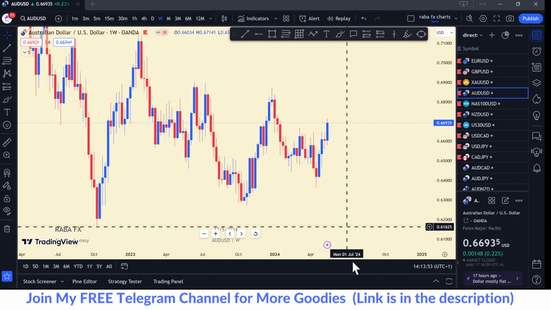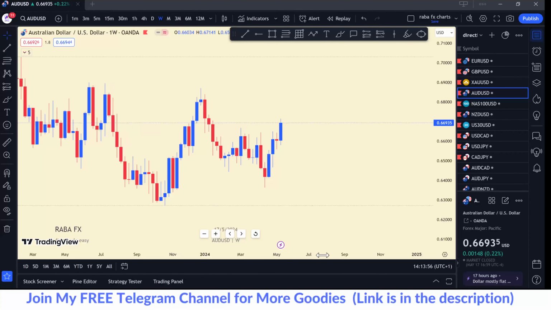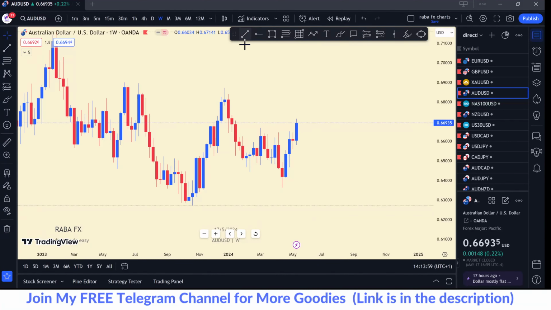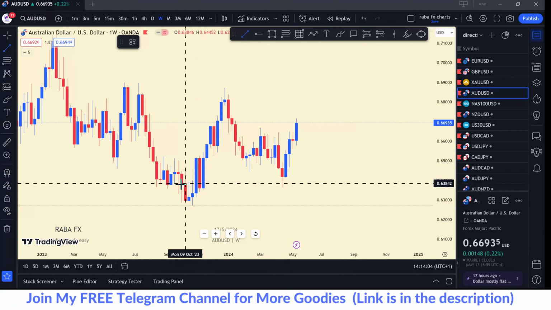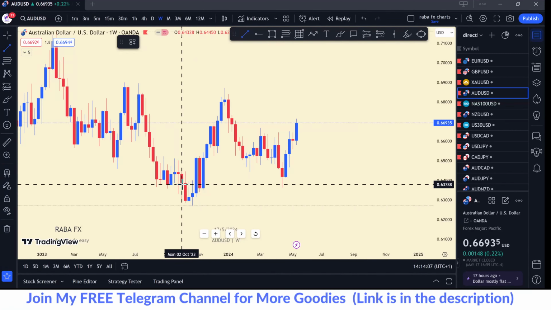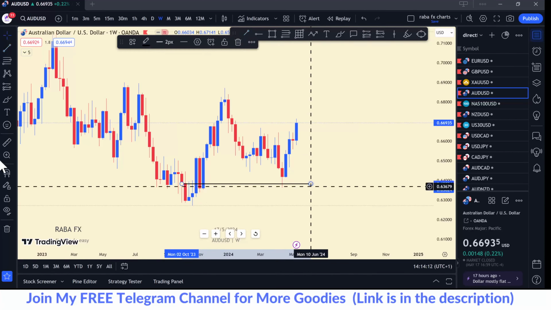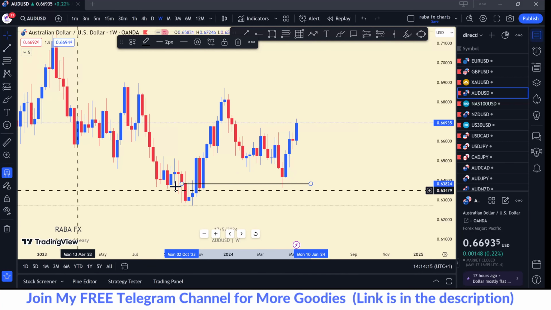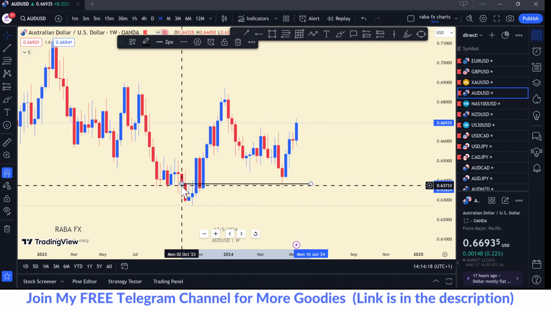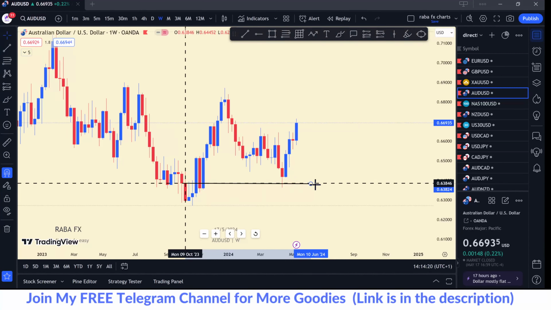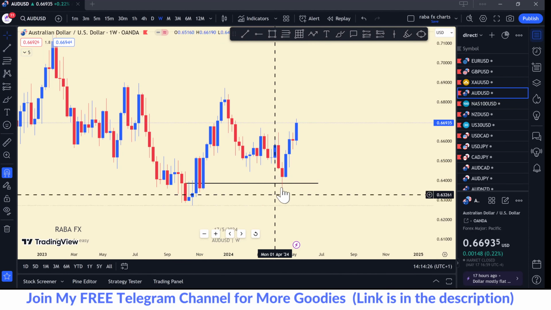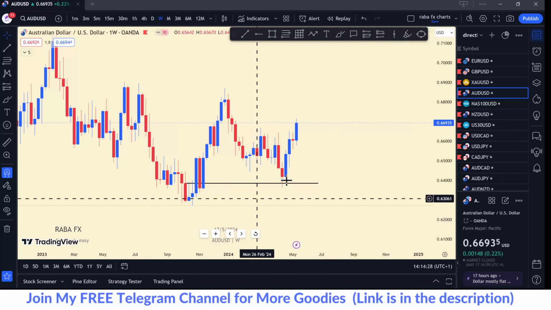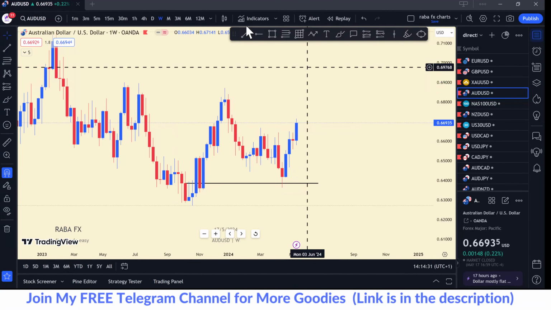So we are going to look at the weekly. Whenever you're looking at the chart here, you can see that the market started moving from here. I need the magnet tool right now so that I can get the line exactly on the opening price. Okay, good one. So the market started from here, this rejection, okay? From this rejection, price was heading higher.